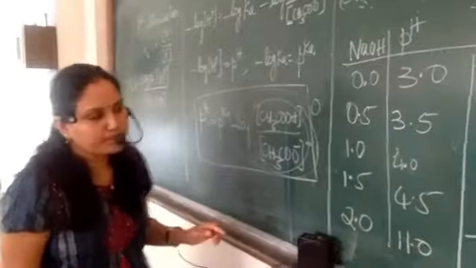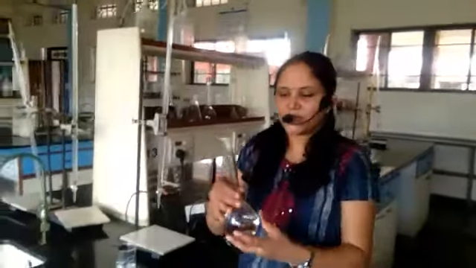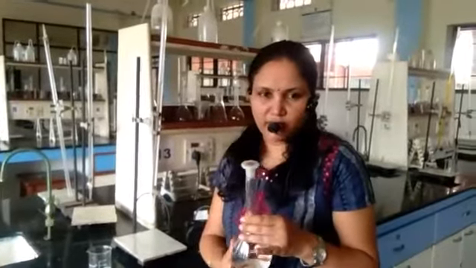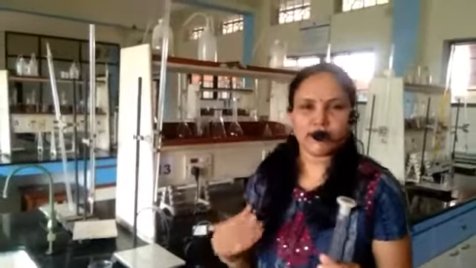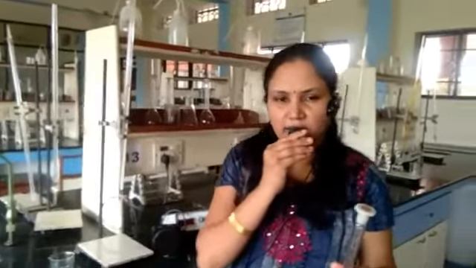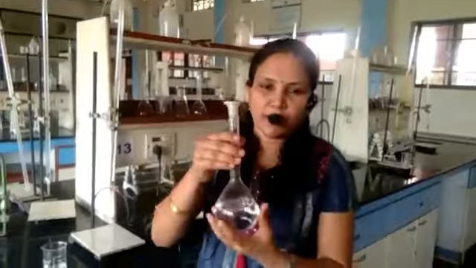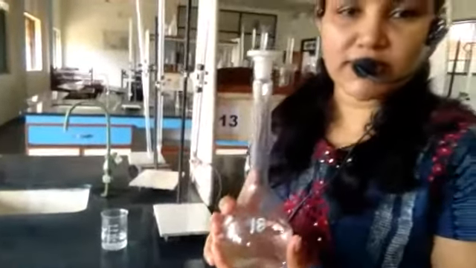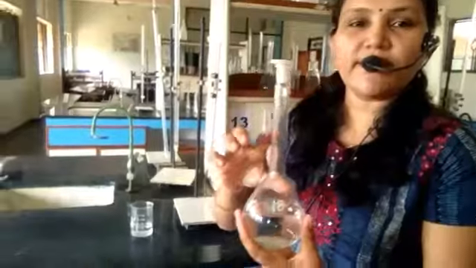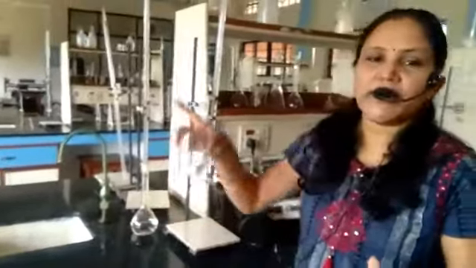Okay. So now you will be given the weak acid in a standard flask, 250 ml standard flask. The moment you get your sample, we will not tell you how much acid we have given. Okay. Now what you have to do is, you have to just make it up to the mark. After making it up to the mark, you have to mix well for uniform concentration. After mixing well, you have to pipette out 50 ml into a clean beaker.